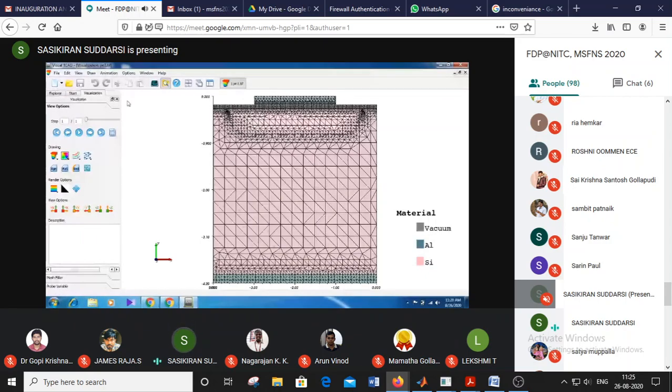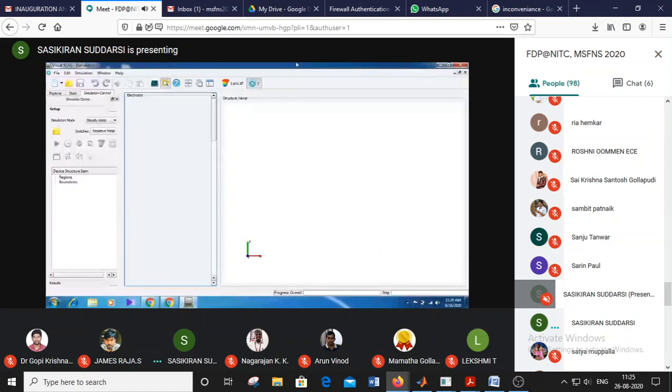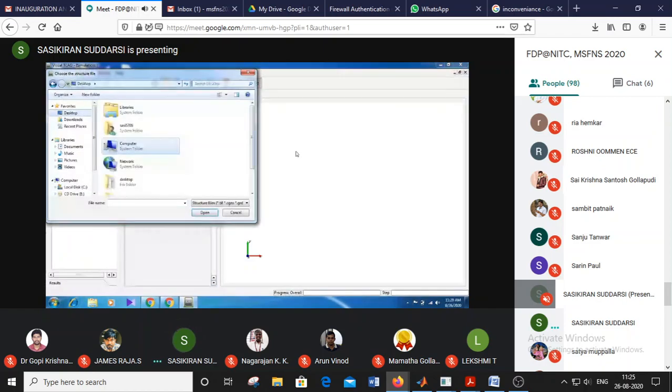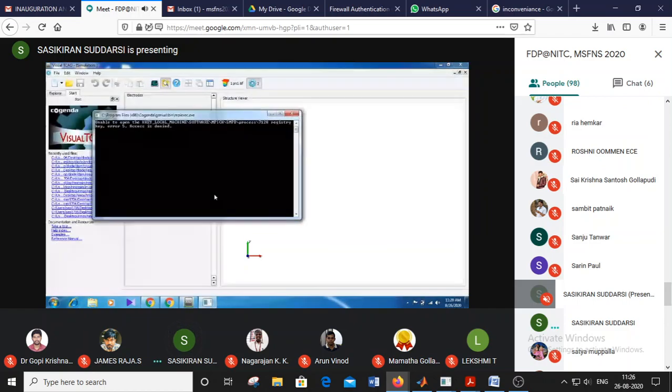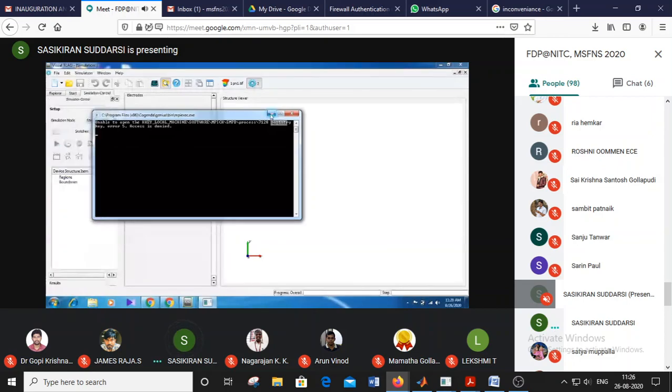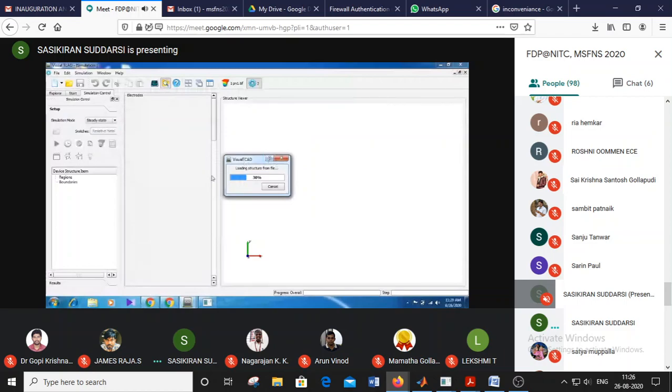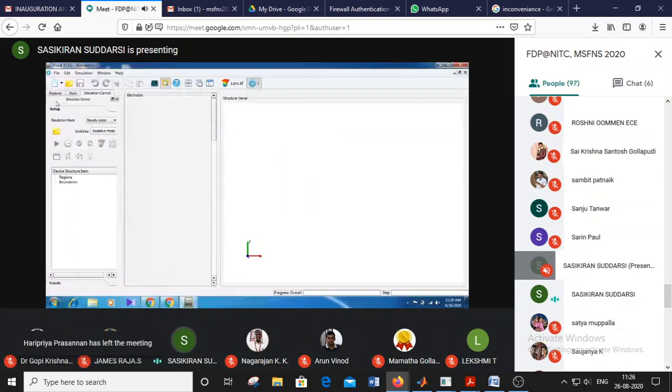Now we will go to the device simulation and load that device. Okay, I think the meshing was not complete, that's why it is not taking.